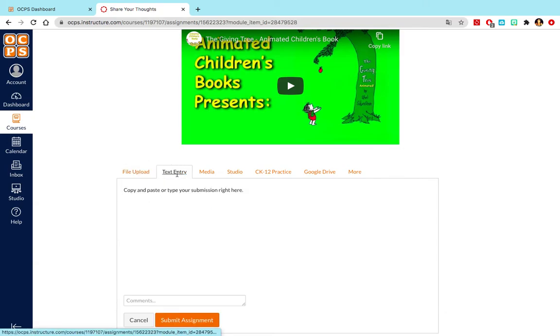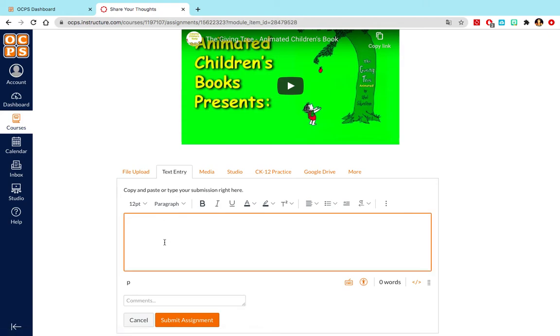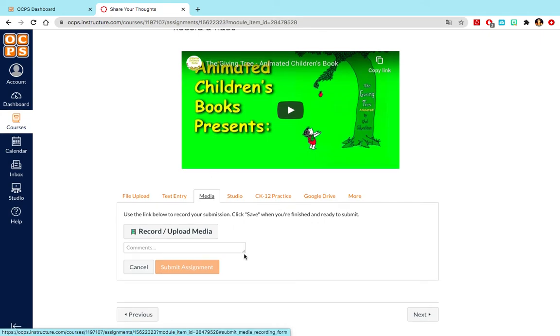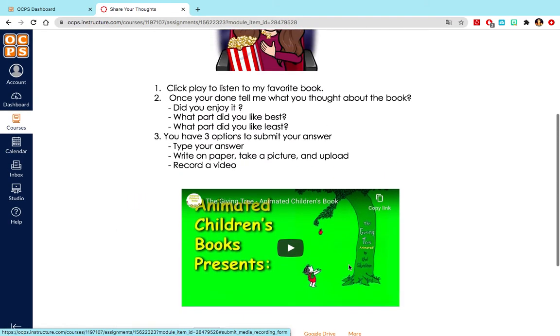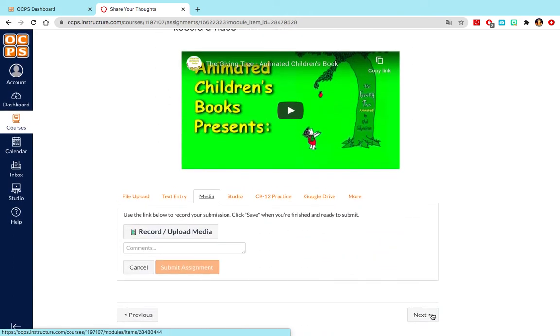Or you can press text entry, and your child can type their answers here. They could also do media, which is really neat, and your child can record themselves answering the question and submit the assignment that way. You do have all of these options here, but I would suggest not using them because they require external tools. So for this assignment, you can upload a picture of the assignment, you can type in your answer, or upload a video of yourself. And once you're done, you hit submit assignment